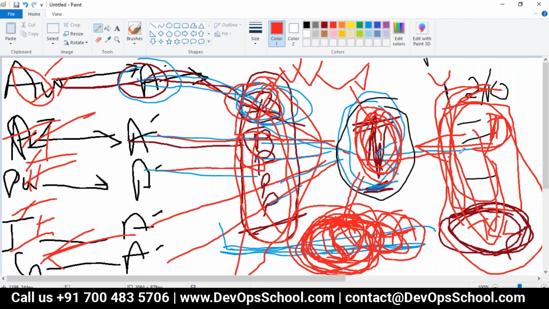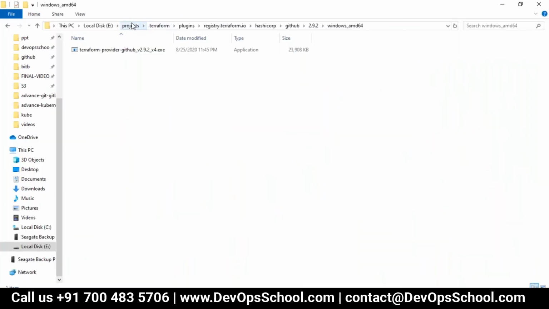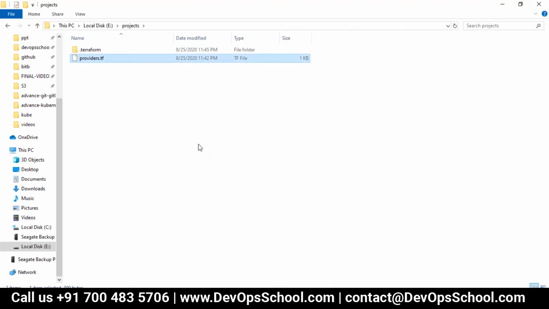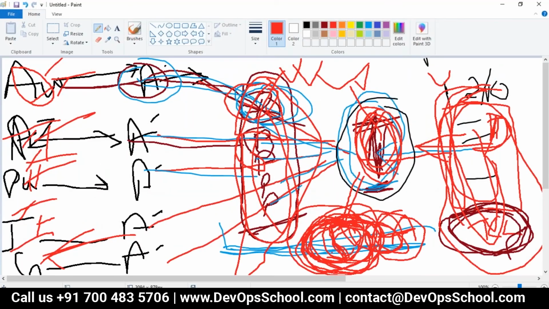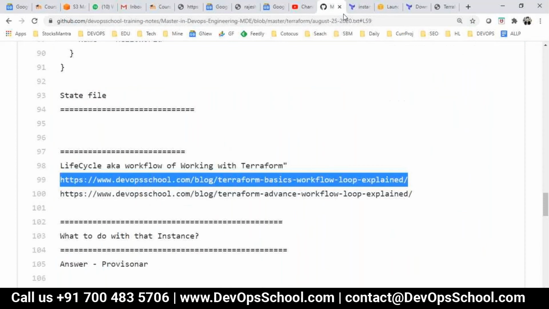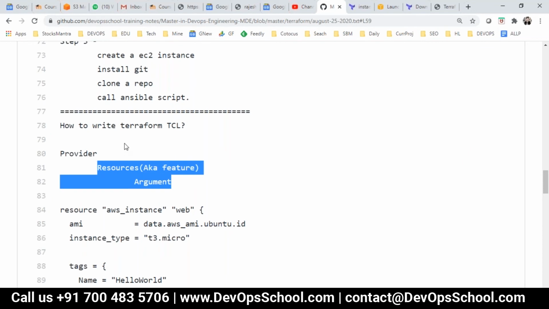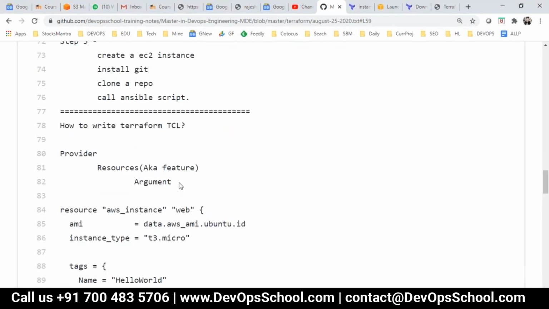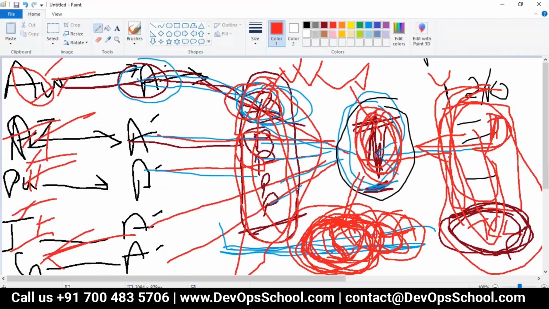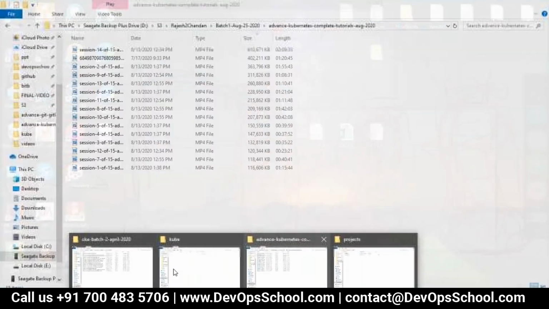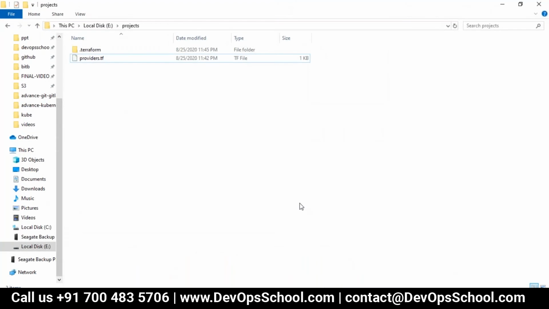Now we have to do what you want to do through the GitHub with the help of Terraform. So now you have to write an EC2 instance, GitHub related resources. So now provider is done. See here, provider is done. Now after the provider, what you have to do? You have to do only resources and their arguments. That's all. In which file? .tf file. That's all you have to do. Are you getting my points now? Everyone? Guys, did you understand that init? Yeah.